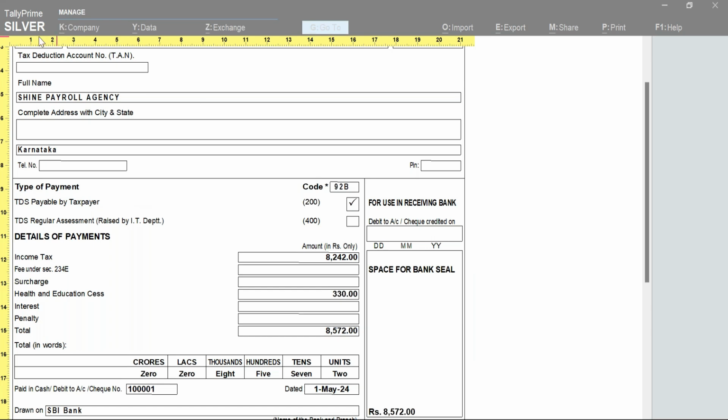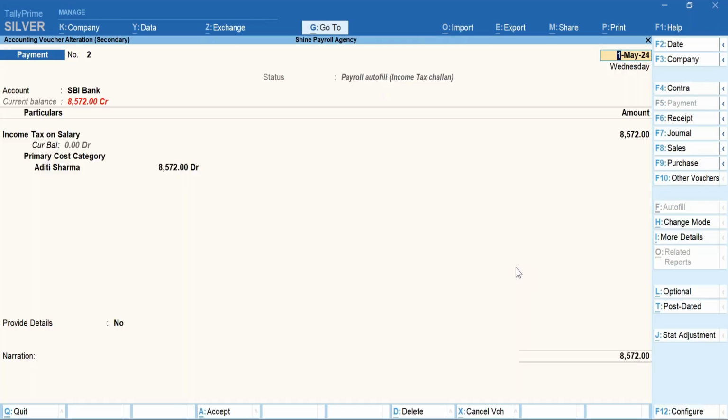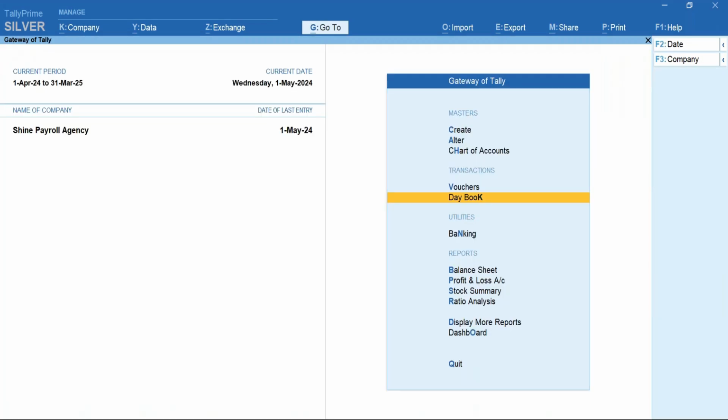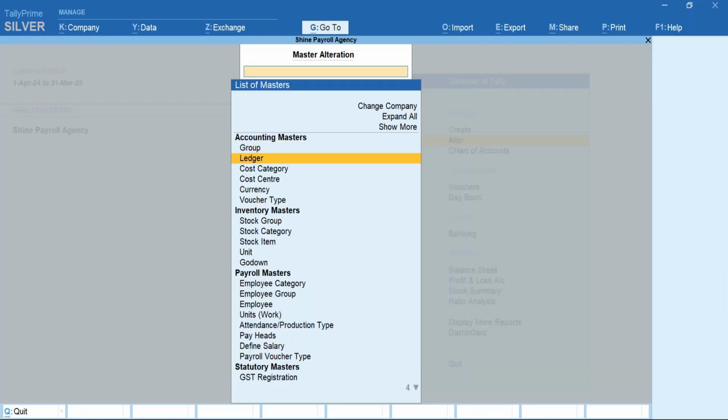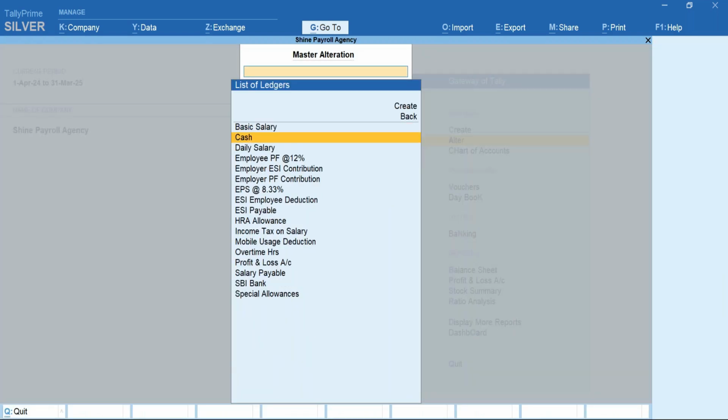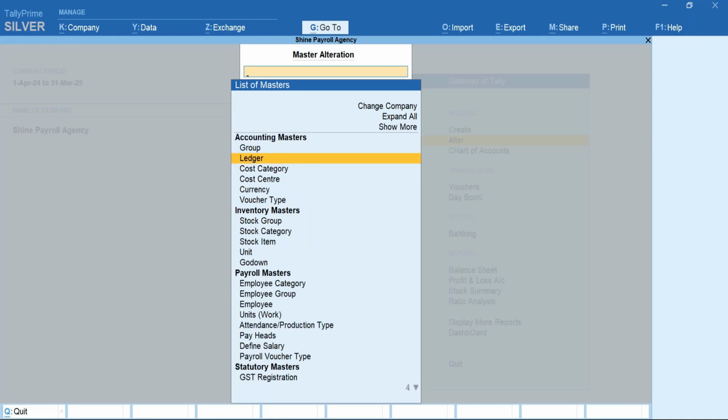Madhavan. Show the income tax on salary ledger. So that is not a ledger that you will be creating separately as a payhead, but whatever payhead you create in Tally will also be shown as ledgers. If you go to Masters, Alteration, and then Ledger, you can see here whatever payheads I have created will be displayed as ledgers as well. So if you want to know how we have created that income tax payhead,